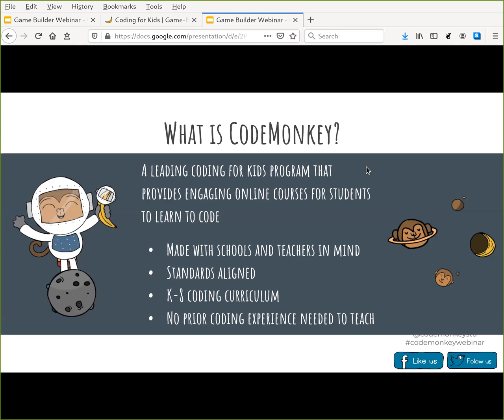So hopefully you already know a little bit about CodeMonkey. We are a game-based learning platform for teaching coding. I think coding is fun no matter how you do it, but we find that making a game out of it makes it more fun for beginners sometimes. But as I've said before, while many of our products are about playing a game in order to learn to code, today we're going to be writing and creating our own game and learning to code that way. So that is even better.